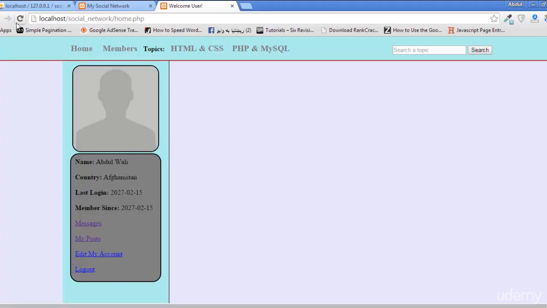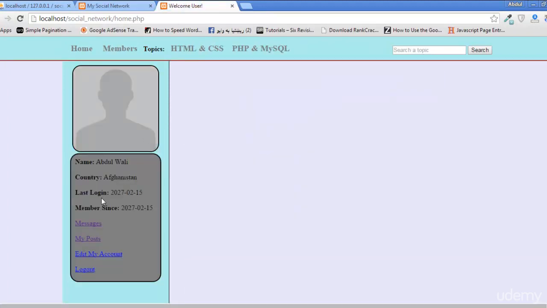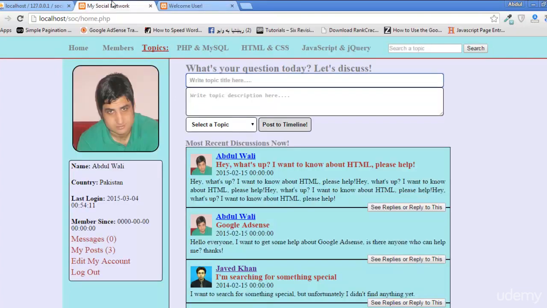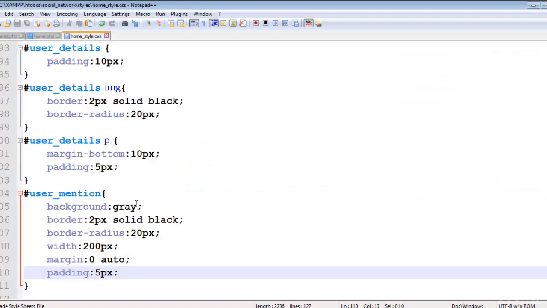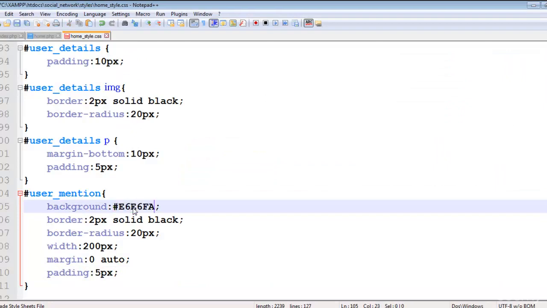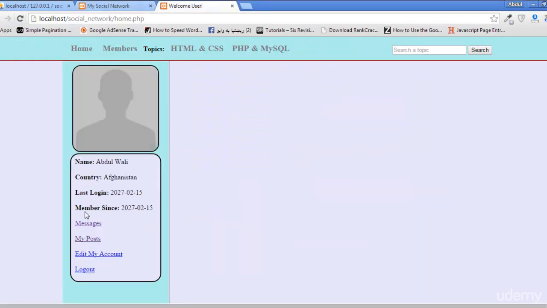so it will make it a little bit, you know, not exactly like this, but somehow better, or you know, beautiful. But you can add a color, so just use the ColorZilla and pick this color right from here and add this color to this place. Control S to save. Now come back, refresh, and you can see name Abdul Wali, country Afghanistan, member since